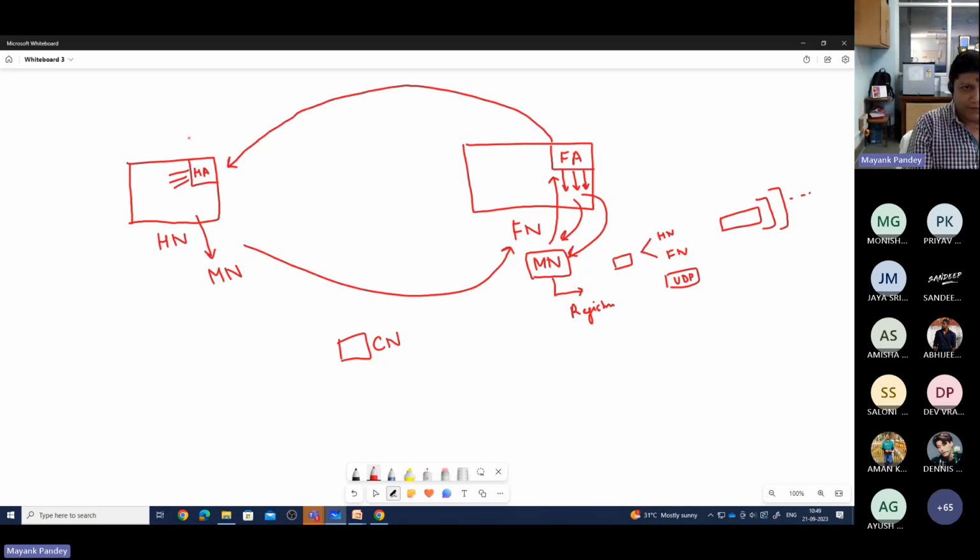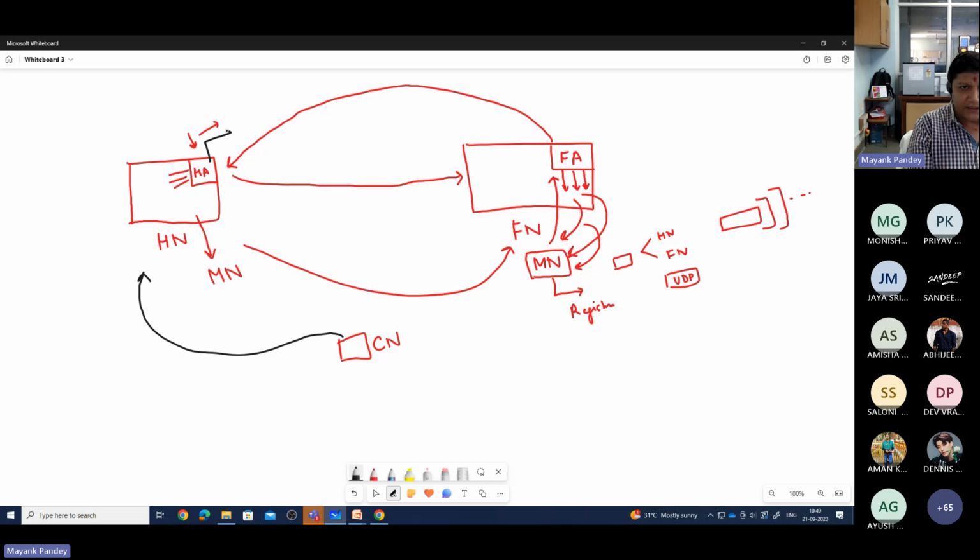The home agent will register this mobile node as having moved out, will make the changes in the database and the routing table, and then replies back that registration is complete, and now the mobile node knows that it is registered to the foreign network. Now afterwards, if a correspondent node sends any packet to the mobile node,